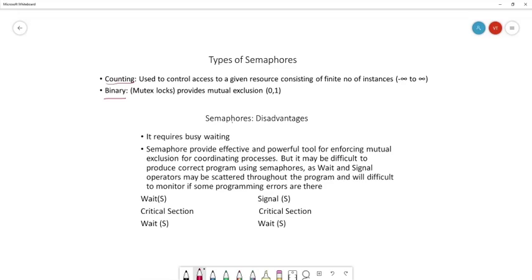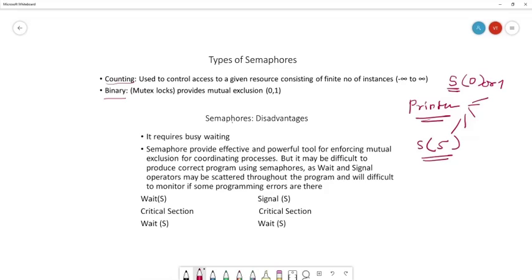As we have seen in the previous video, we generally use S to represent the semaphore. This S is a variable which we use to represent the semaphore. In binary, we can have either the value 0 or 1, but in counting semaphores, the value can be anything. For example, if a printer is a resource, we can have 5 instances of this printer, so the value of that counting semaphore will be 5. It may be like this, S = 5.